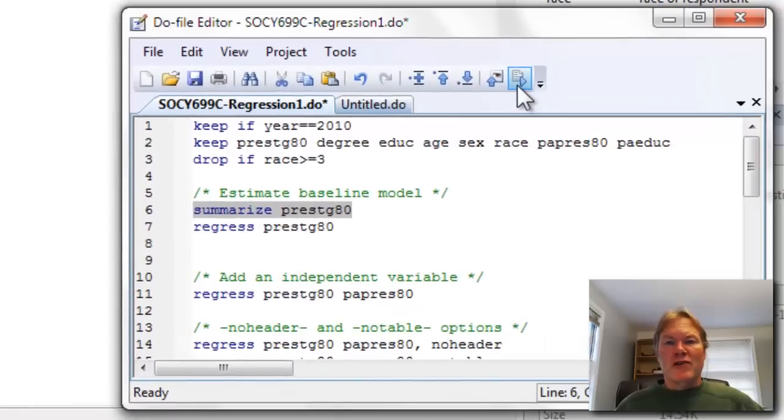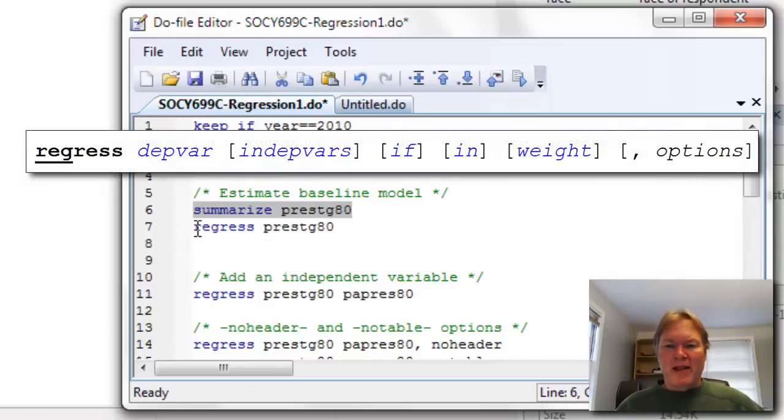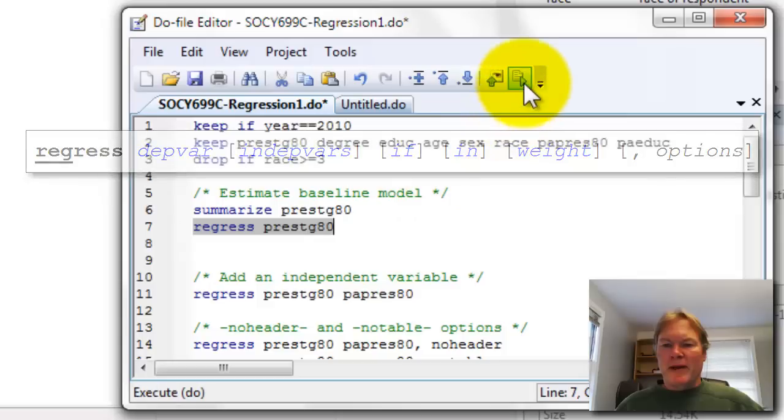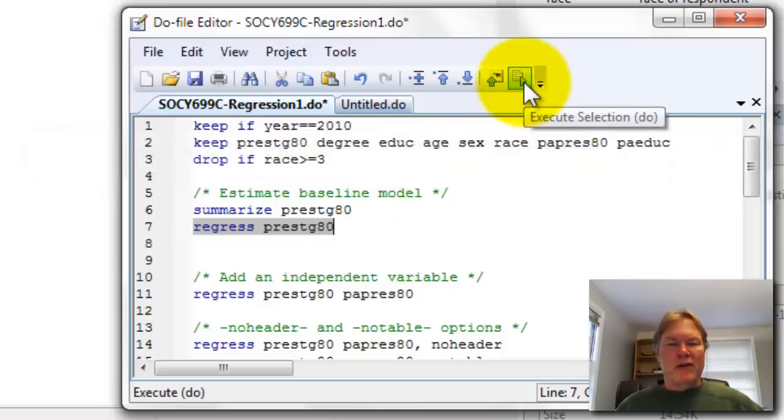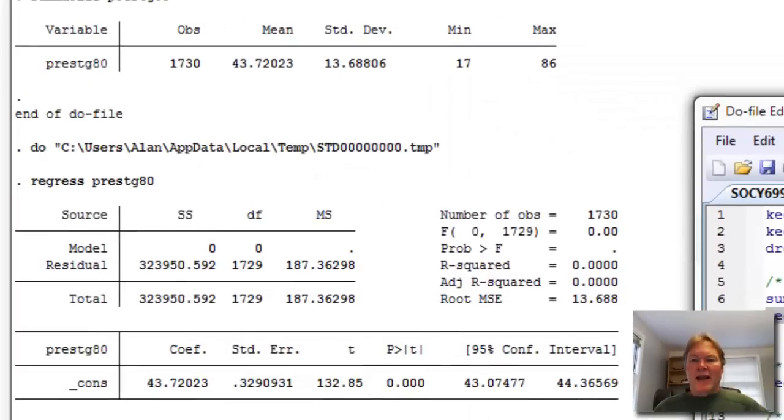The first thing I'm going to do is show you that the regression command, you've probably learned this in a stat class, but that regression and calculating arithmetic averages are related to each other. In fact, the arithmetic average is really a special case of regression. So down here on line 7, I'm going to highlight my command, which is regress, followed by my dependent variable. Notice that I don't have any independent variables here. So when I execute this by clicking on this button over here, the execute selection button,